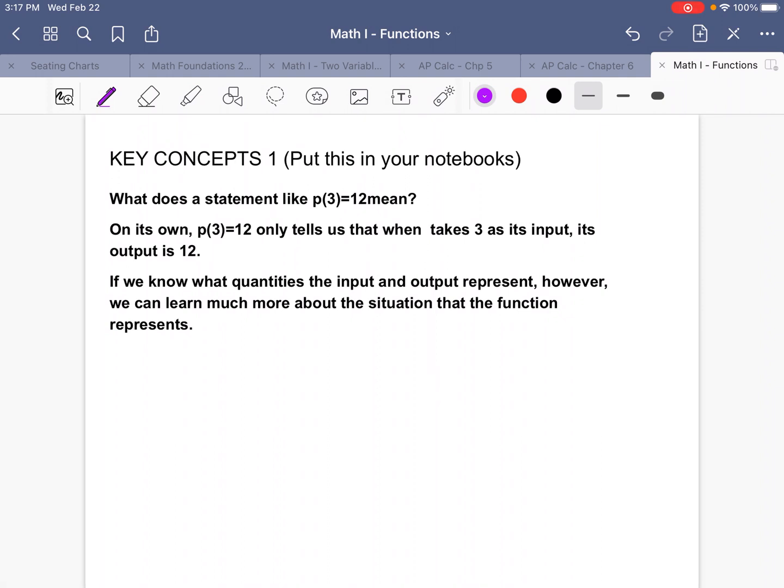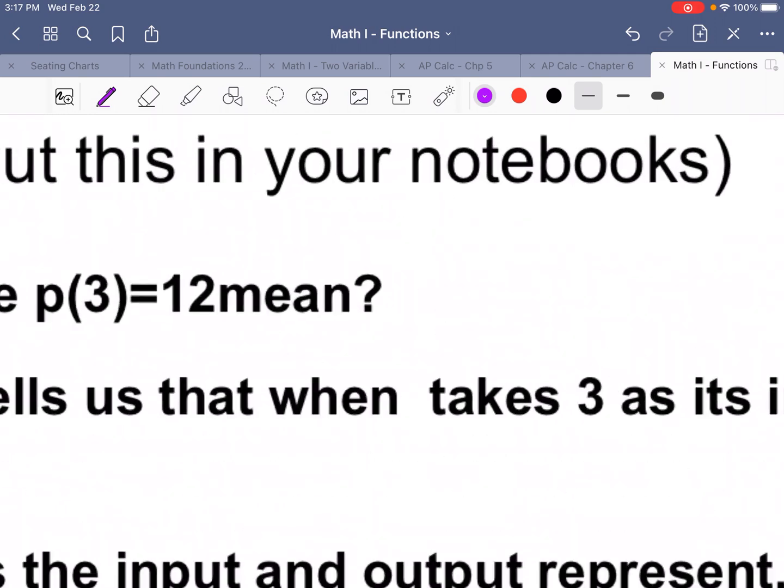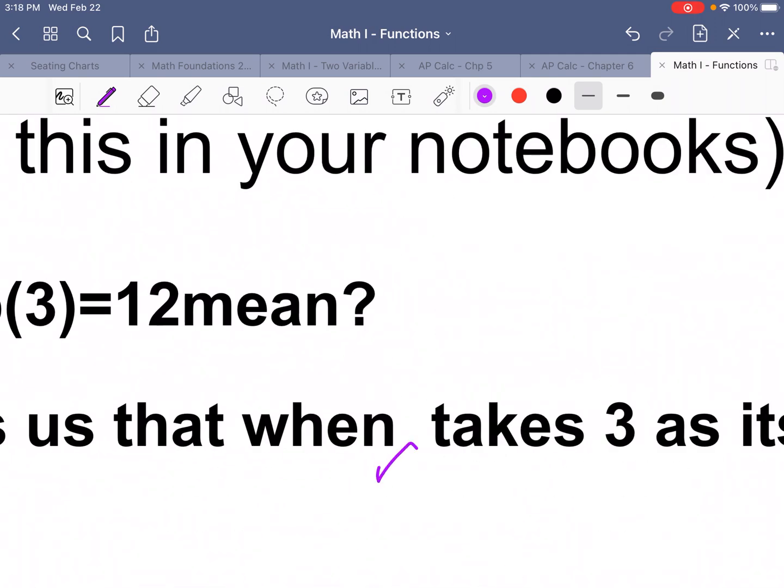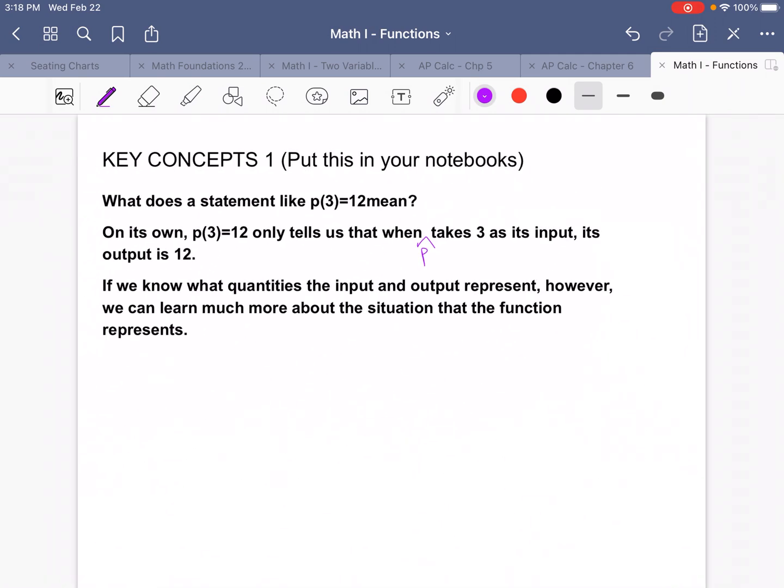First of all, what does a statement like P of 3 equals 12 mean? On its own, P of 3 equals 12 only tells us that when P takes 3 as its input, its output is 12. If we know what quantities the input and output represent, however, we can learn much more about the situation than